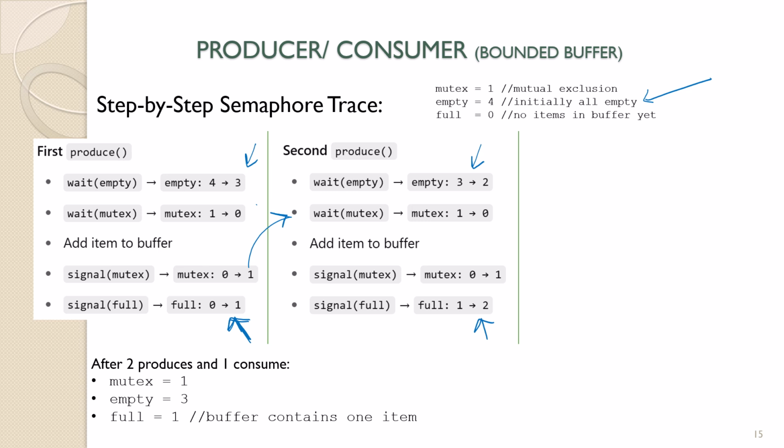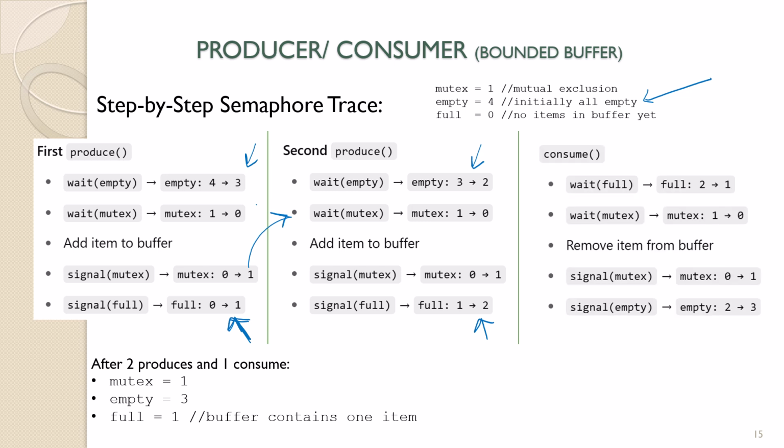So now the consumer is going to come along, and the consumer is going to check. The value of full is 2. So it's going to decrement full down to 1. Then this mutex has been signaled here. So it'll remove one of the items from the buffer, signal the mutex, and then change empty